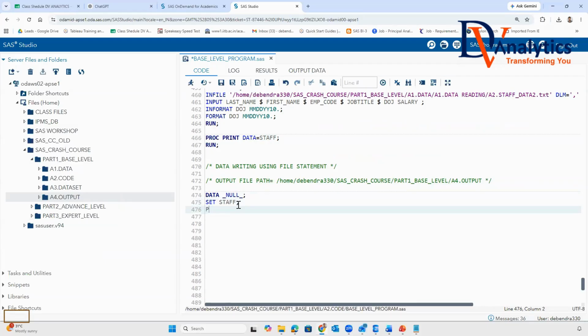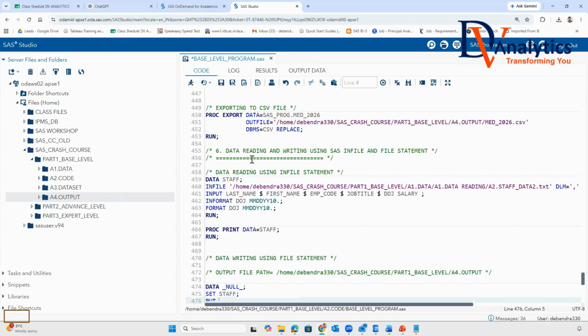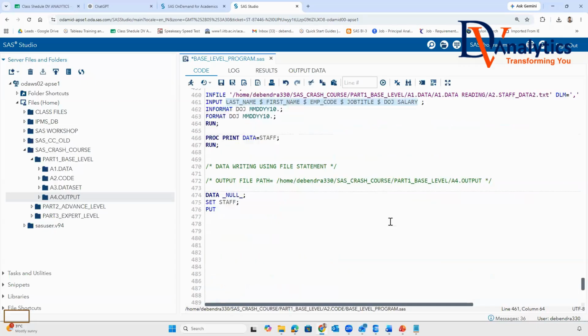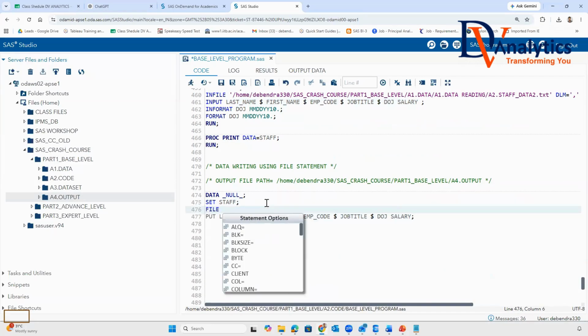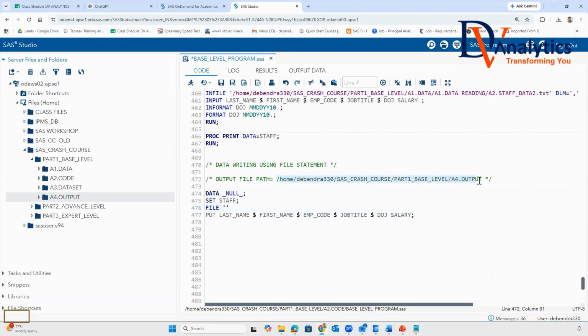Then I will use put with my variable names as they are. Before put, I will use file to give the file path. This is the file path, and the file name is staff.txt.